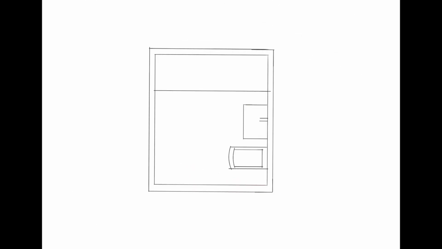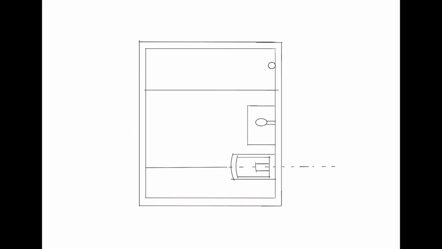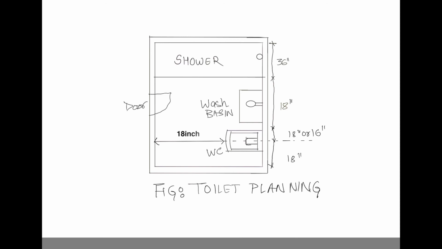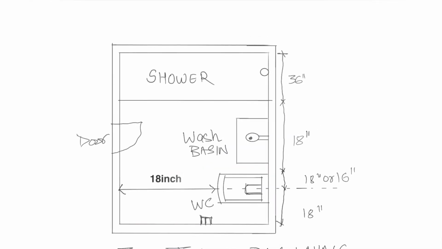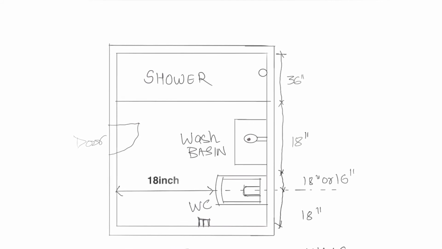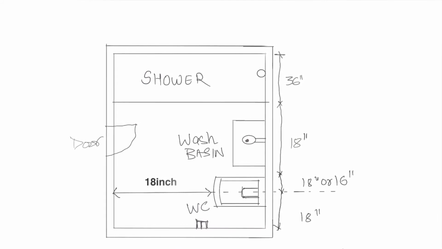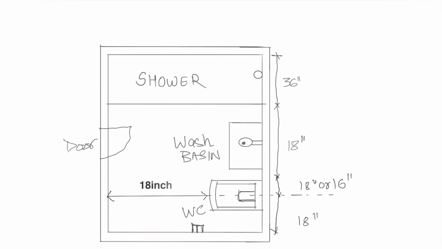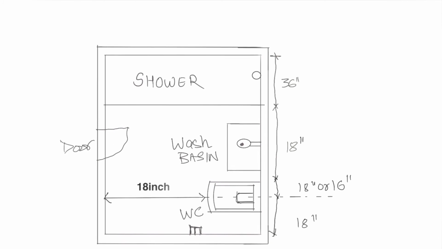Now let's see a floor plan to have a better knowledge. Here we can see a plan with a water closet, wash basin and shower. The dimension for shower can be 36 inches with a glass partition. If no glass partition, then you can keep the curtains, then you can keep it as 34 inches. Likewise, you can see the other measurements. The clearance between the wall and water closet should be about 18 inches. The wash basin should be 18 inches and other measurements are mentioned in the picture itself.